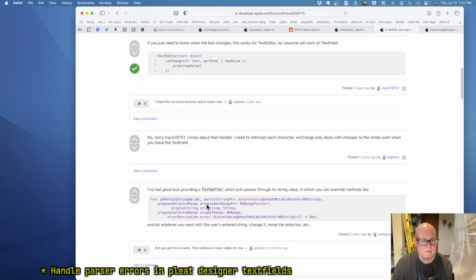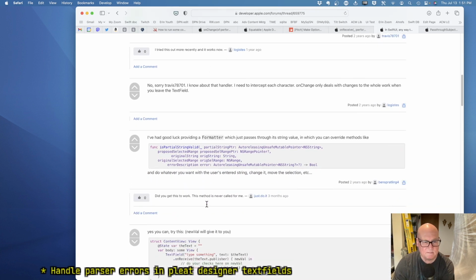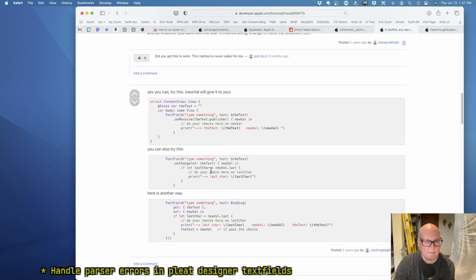Okay, that's not what we want. On receive. The text dot publisher.